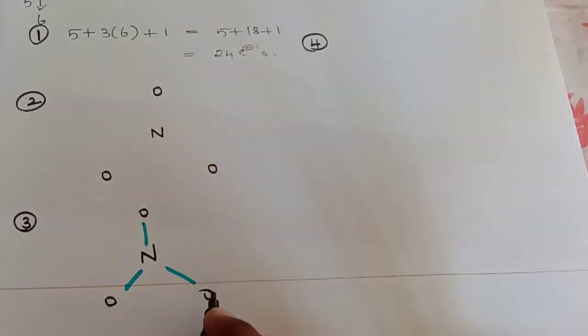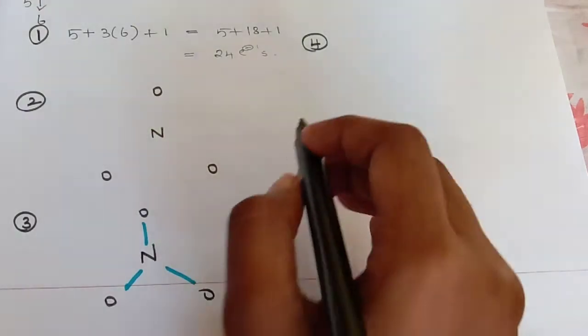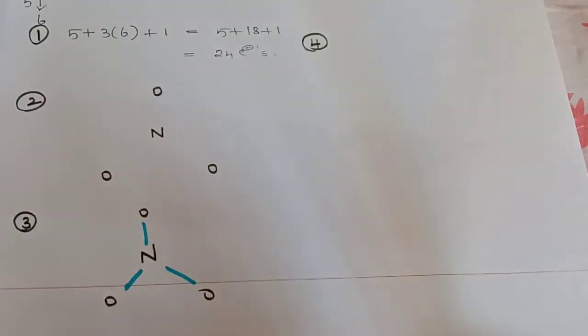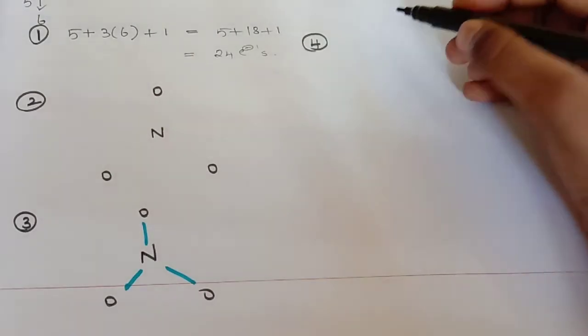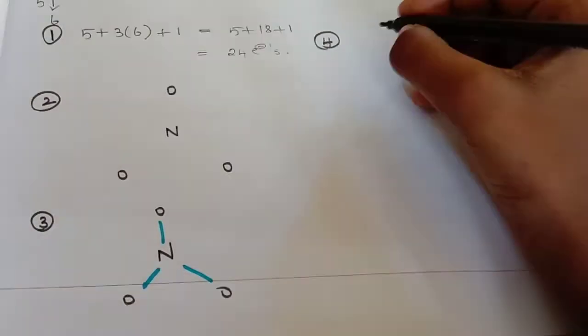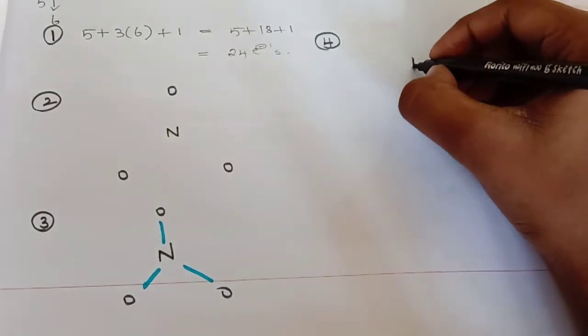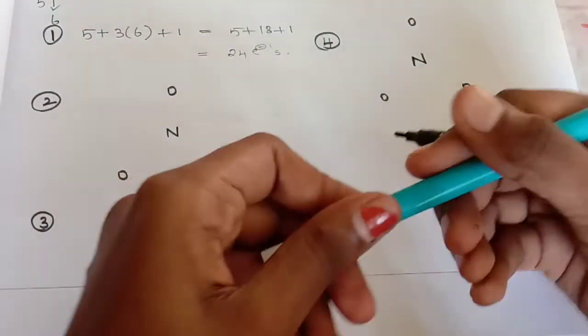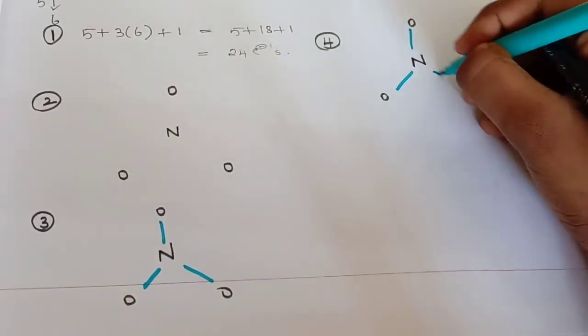Can you see if I write it there? Yeah. Fourth step is to complete the octet. Octet means what, students? 8 electrons. It should have 8 electrons in order to fulfill its octet. Yeah, octet. Now just draw the same which we have already done. Single bond between them. Okay.